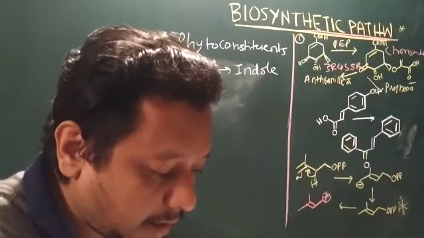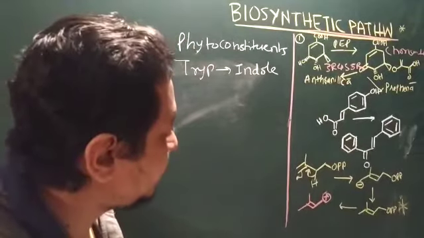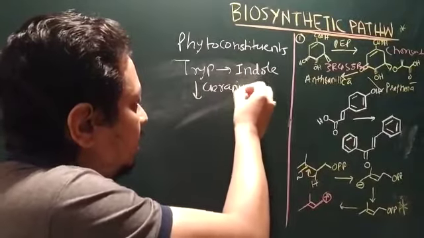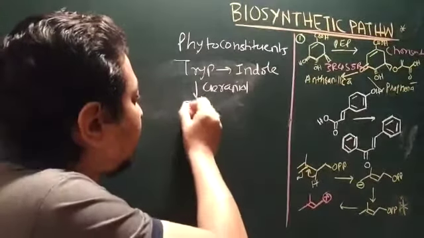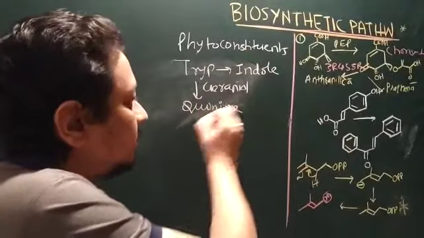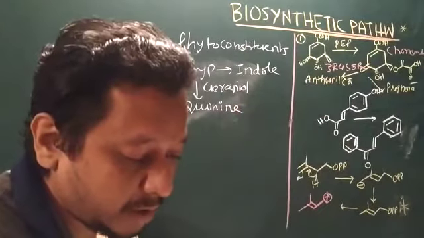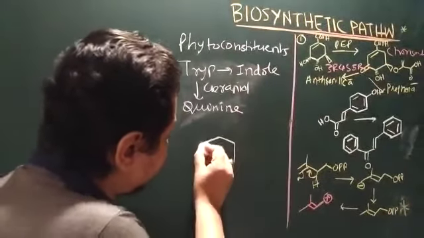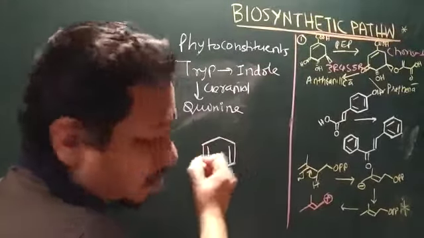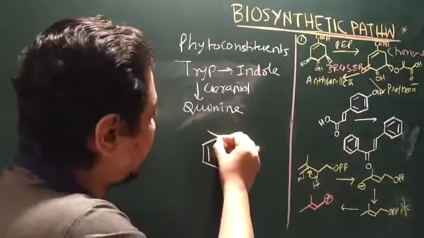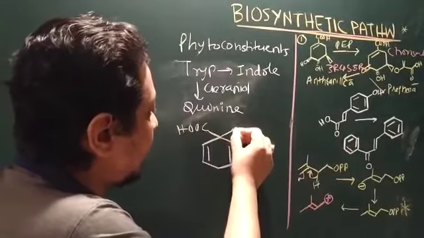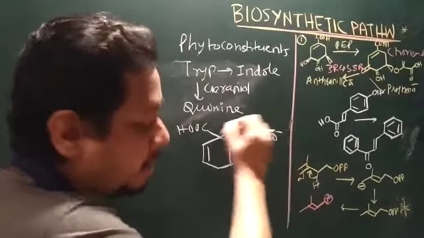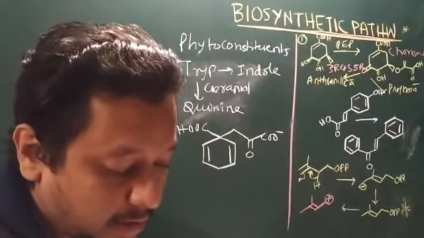Then after that, in tryptophan, if you add geraniol, I will be talking about what is geraniol in my coming classes. Geraniol, then you get the biosynthesis of another alkaloid known as quinine, okay? So this is a very important pathway. Now coming to prephenic acid, if you see the structure of prephenic acid, it is quite a simple form. It has a non-conjugated double bond with a carboxylic acid over here, and you have one ketone and CO minus. This is prephenic acid.